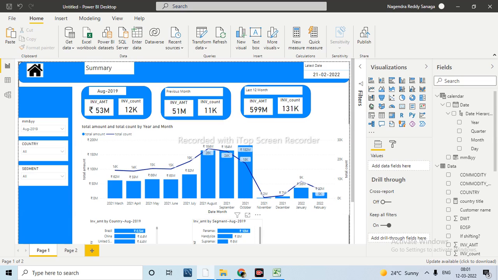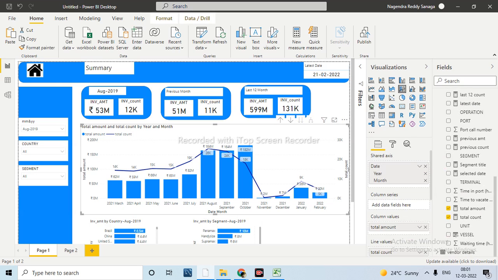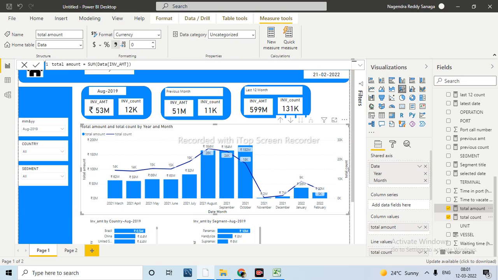Now if you see, this is a single value, this is a single value. Here everything we are taking is a single value. Even this one is also a single value. This measure we have used, right? But based on our selection below, automatically the measure is splitting that information. When you take this, the total amount is 53 million.